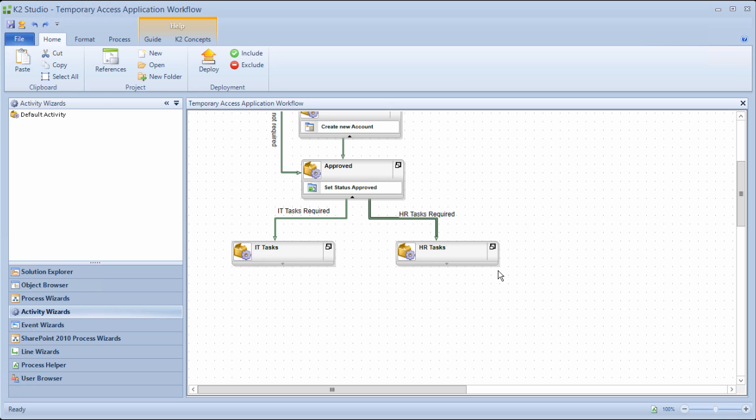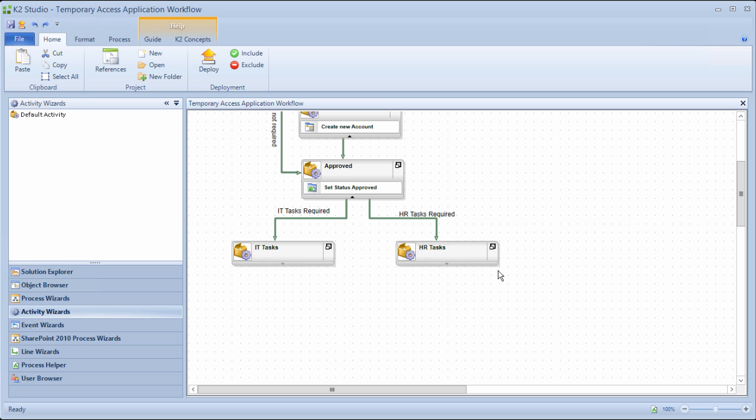Just as a recap, we have set up 2 lines that will determine whether the workflow will fire off an IT task and an HR task, or both, depending on the options selected by the requester on the form. Next, we will add in the user tasks for both of these steps so that IT and HR can perform them. Speaking of those tasks, let's move on to set up the IT path first